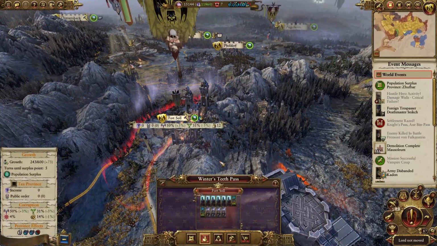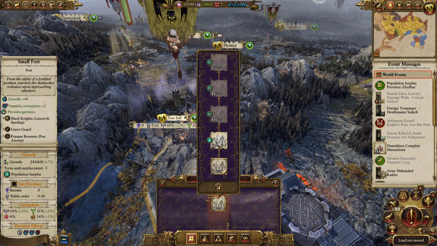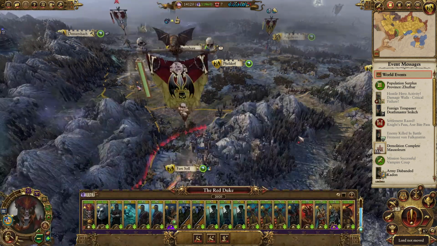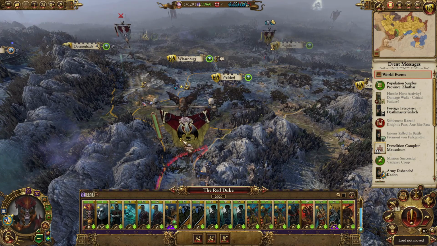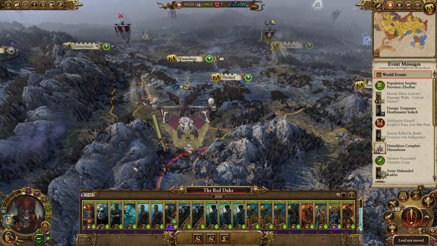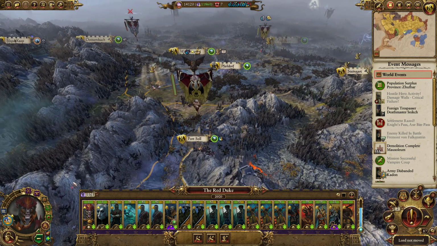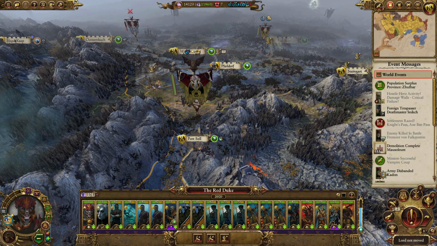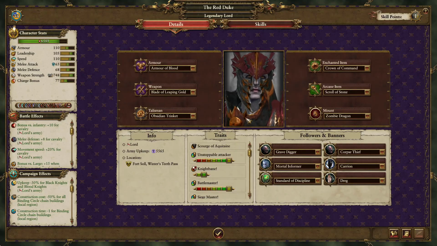Now one thing I do need to do, and I've been meaning to do it for a little while, but every time I get to the end of the episode to do it, I end up getting stuck in a battle. So I do need to go through all my characters to see what magical items they have, so we can swap them out for anything better in our possession. For example, we've got the Obsidian Trinket here, which gives the Duke 10% magic resistance. But we also just picked up